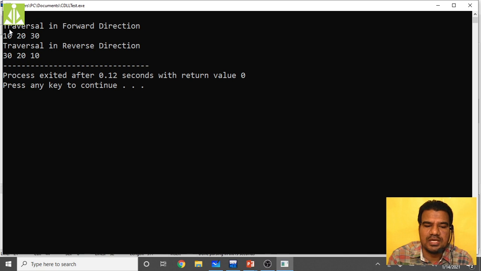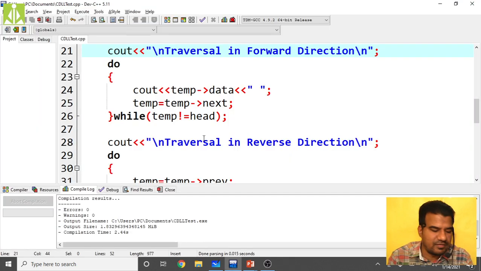Yes, very good. See here, traversal in forward direction we are getting 10, 20, 30, and traversal in reverse direction we are getting 30, 20, 10. Opposite to this one, because we traverse from the first node, the head node, to the tail node here, and we traverse from tail node to the head node over here, the reverse traversal. This kind of thing is possible only in the case of a doubly linked list. We can do the traversal in both directions only in a doubly linked list. In the regular case we generally don't do it that way. Reverse traversal is not possible because we don't have the backward, previous links. So this is the traversal function.